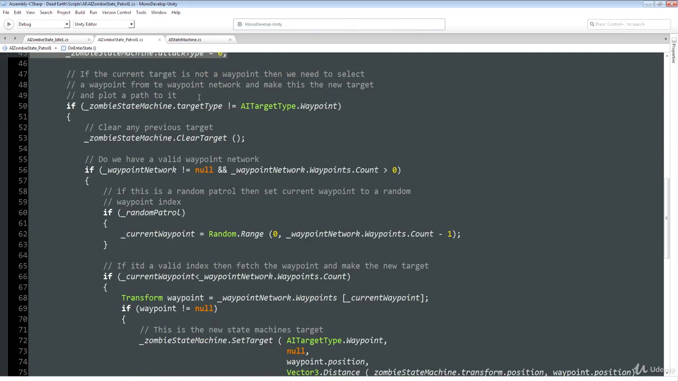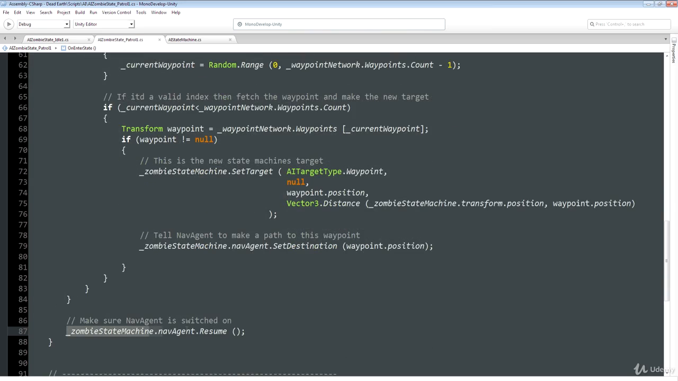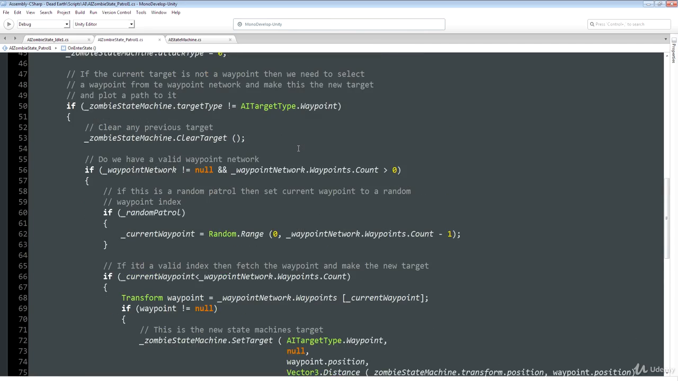If it's a waypoint, then we don't really do anything, because it means that we've probably just come back into this state from having previously been in a patrol state and then dropped into an alerted state, really just so we can use the root motion in the turn on the spot left and right animations. And then we've aligned ourselves with the waypoint target, and then we've dropped back into this state. So when that's the case, we don't really do anything. We just call zombie state machine.navagent.resume